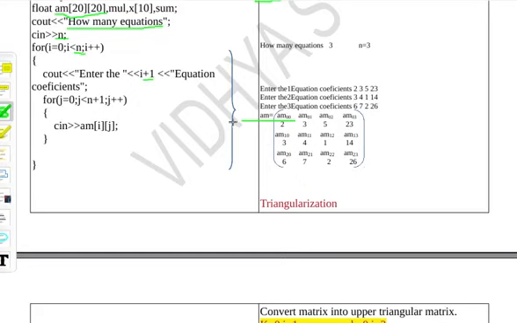So first I select the pivot row, then I make changes to the rows remaining just below the pivot row. If I take this as the first pivot row, then I will make changes to this row as well as this row.